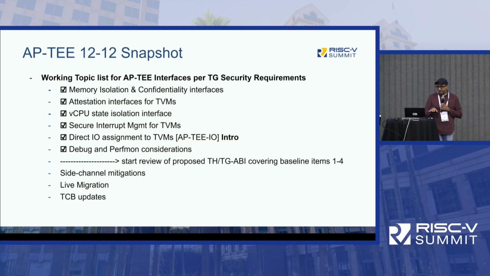So we are at the point right now where I'm glad that we have had enough discussion on these areas that we can start looking at the draft specification that the group has pushed out to GitHub, and we can start putting issues and PRs against the draft specification. So I'd encourage all of you, if you haven't already, to go look at the draft specification and the ABIs that are proposed for these sections above, and start putting your comments and feedback there, right, as we go into that process.